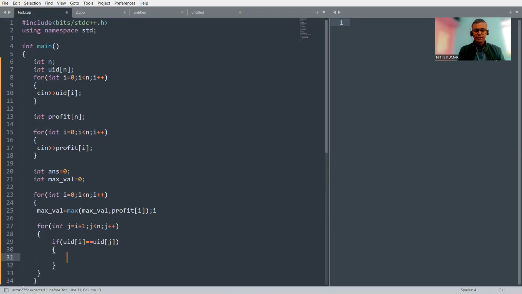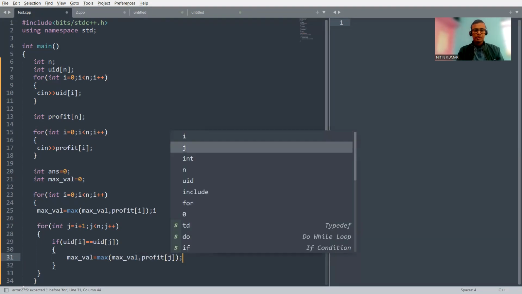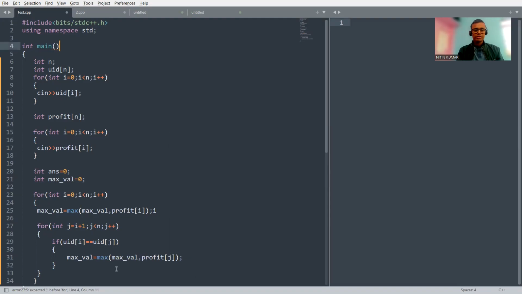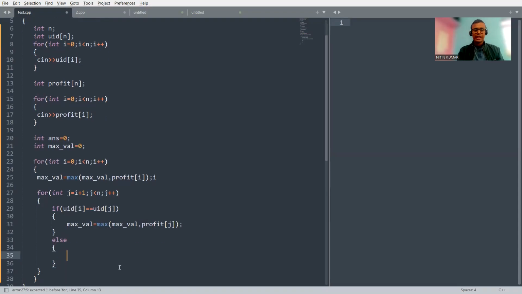If it is the case, then we have to check for the maximum value amongst all: max val equal to max of max val and the profit of that jth index. And if it is not the case, then we go to the else portion, and in the else part, we are just reassigning I to j minus 1,